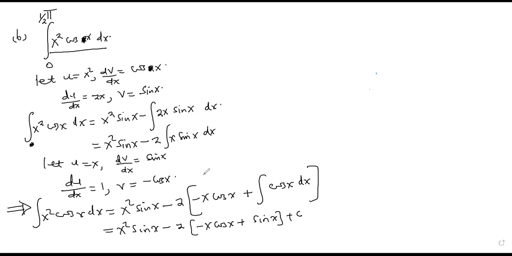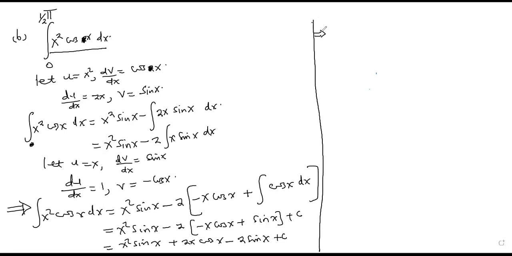Before we put in the limits, it will be plus a constant. Then it's going to be equal to x squared sine x plus 2x cos x, then minus 2 sine x plus a constant. Then when we put in the limits,